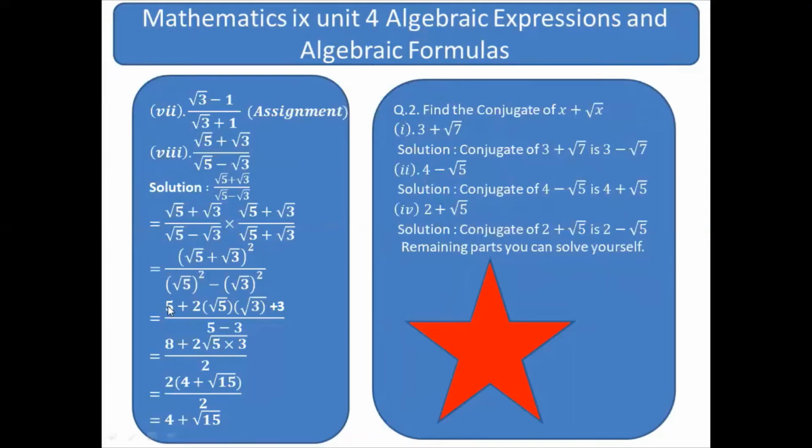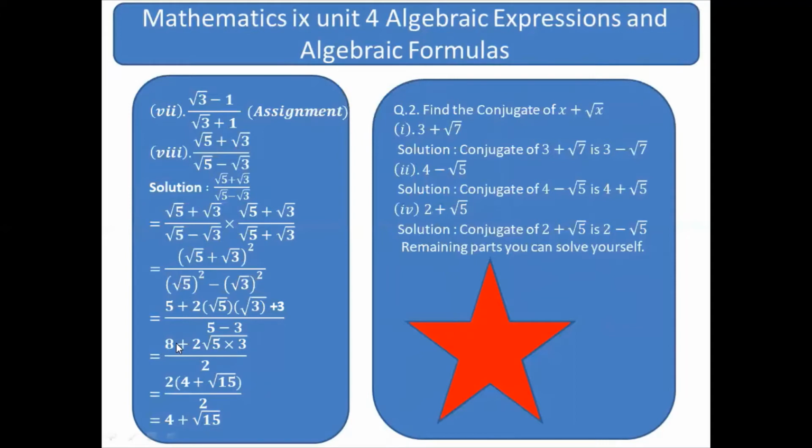So when we take the square, we are left with 5, and 2ab. Here from the formula, a is square root of 5 and b is square root of 3. When we take the square of square root of 3, we have 3. So we can write this as 5 plus 3, 8, in the denominator. Look here, the square root of 5 cancels out with the square, so we have 5, and here the square root cancels out with the square, and we are left with 3.